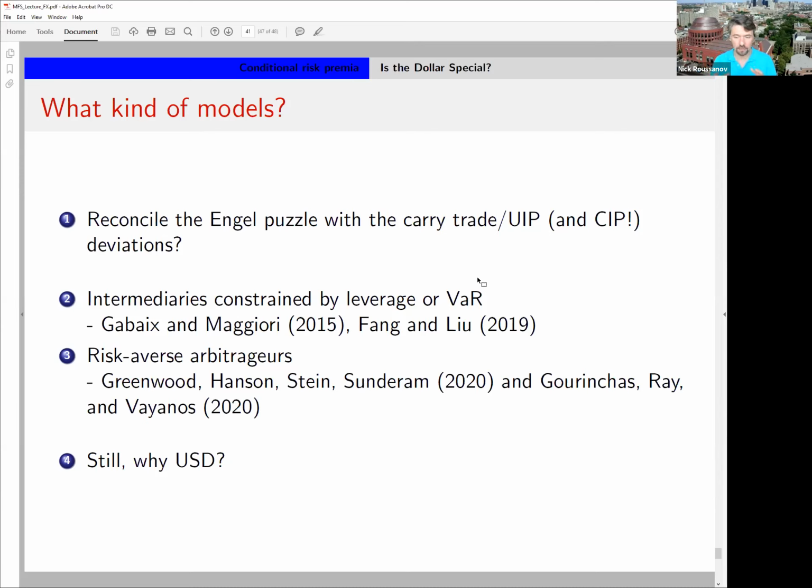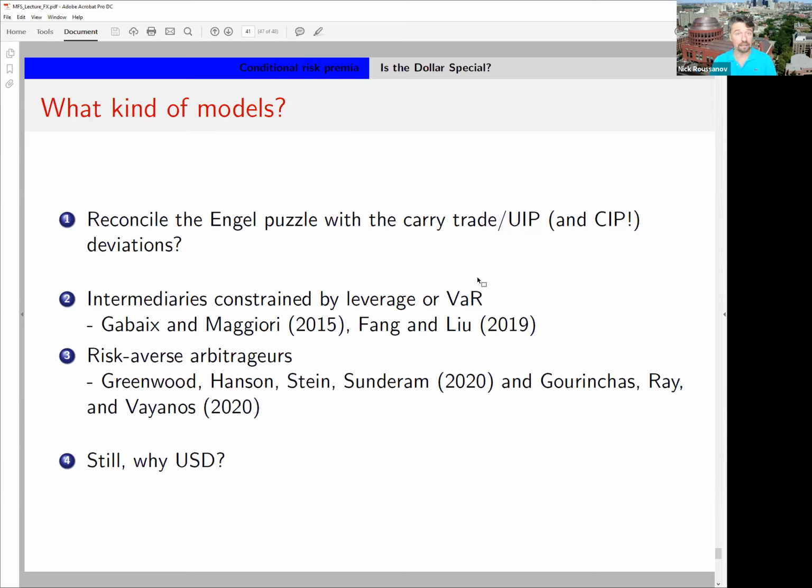So this may be a still very stark view of what happens in financial markets, very different from the kind of complete markets models that Adrien and I were talking about earlier. But it still leaves, I think, a lot unanswered, because it doesn't tell you why it is the dollar. What makes the dollar special? Because much of this evidence is very specific to the dollar. So why does this mechanism not also apply to other currencies as well? Even for the anchor puzzle, it's not clear to what extent it applies to bilateral country pairs that do not involve the dollar.